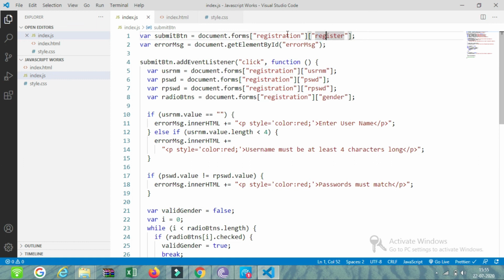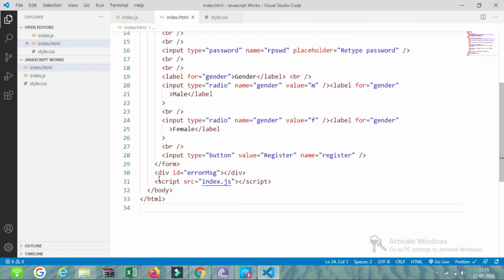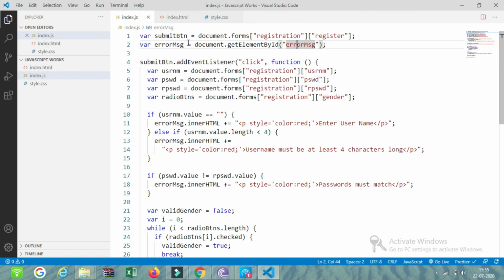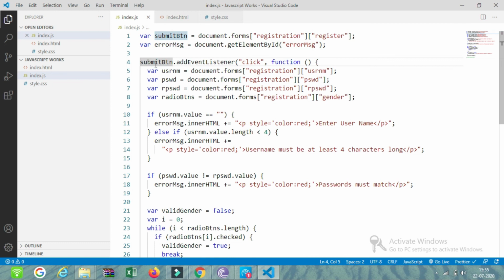We have also created an error message division for displaying error messages, and accessed that division too. Then we added an onclick event listener to the submit button, so that whenever we click on that button it runs.